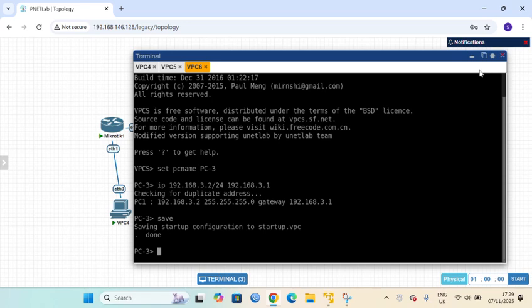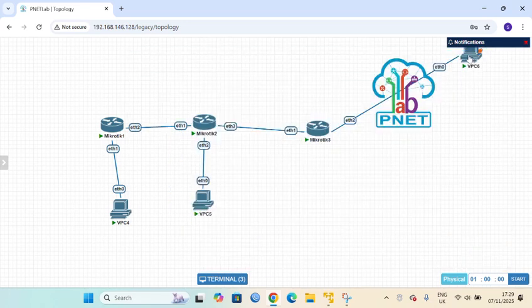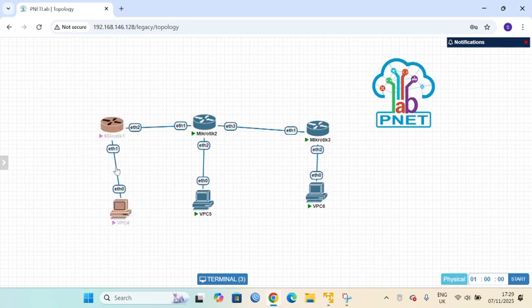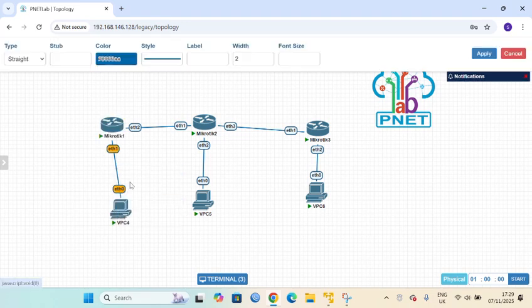And next we will set the IP address for the router. Before that, I will write on this cable the network IPs so it is easy for us to see. This one is 192.168.1.0/24, this is the network. Apply.